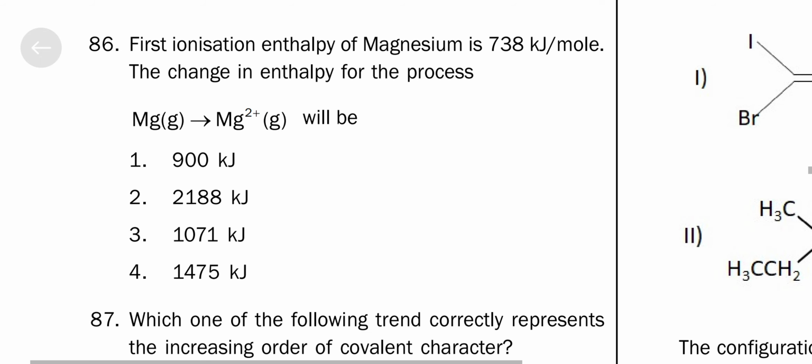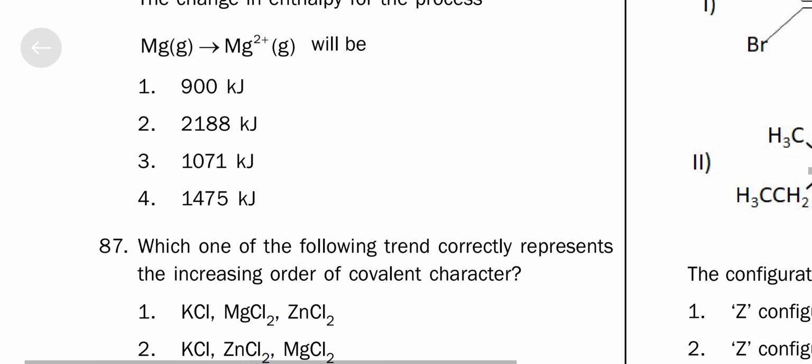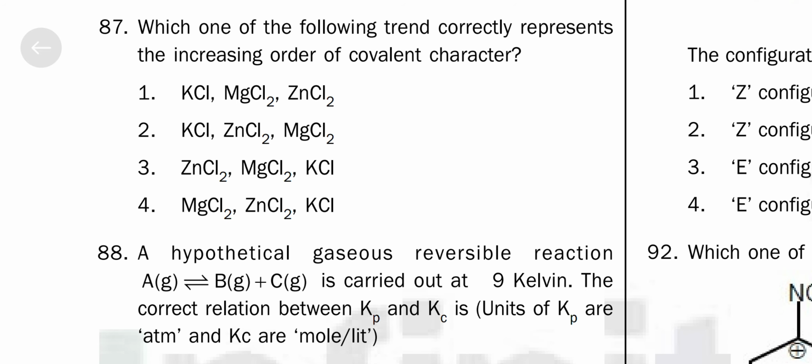Section B, we are in. First ionization enthalpy of magnesium is 738. We know second ionization potential is more than this. Simply you consider minimum 1000. So for Mg to Mg2+, 2 electrons to remove, that should be minimum 1000 plus 738, so around 1700, 1800, at least more than 2 times of 738. So only option left for you is 2188. Common sense: to remove 1 electron, 738; second electron more than 738. Only option is 2188.